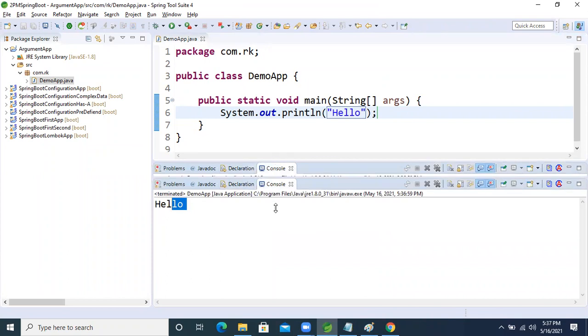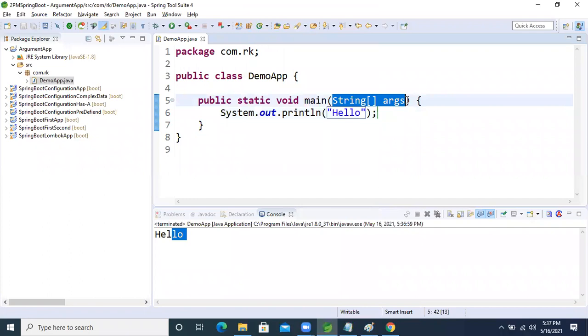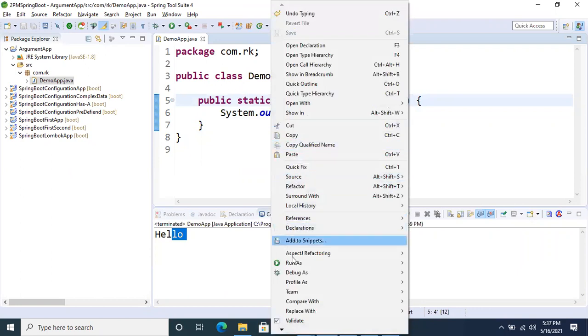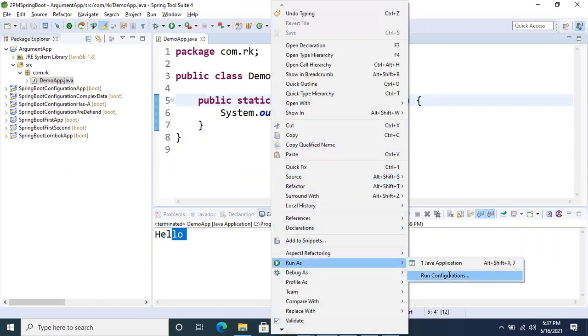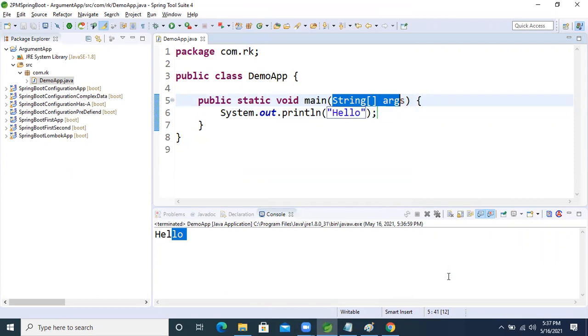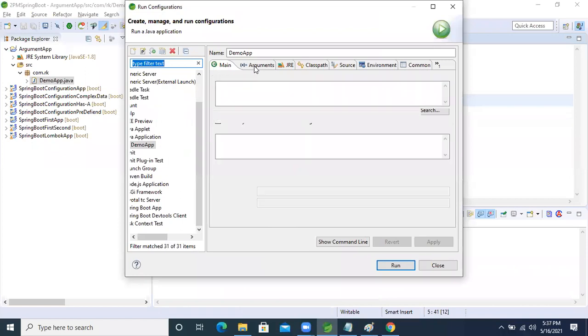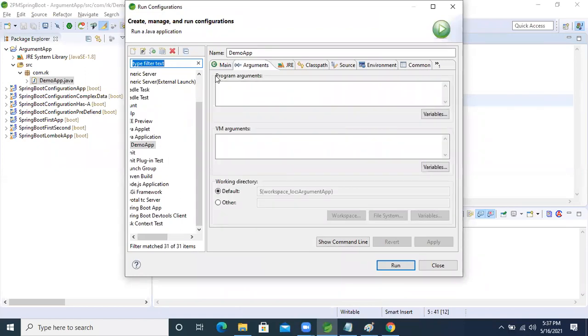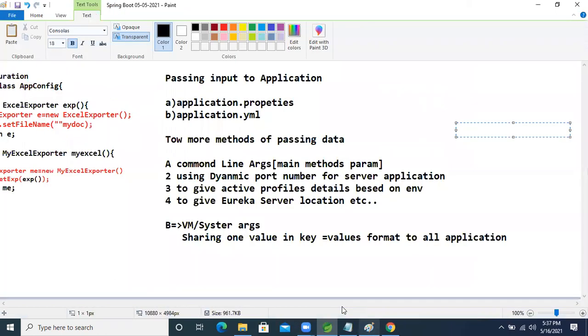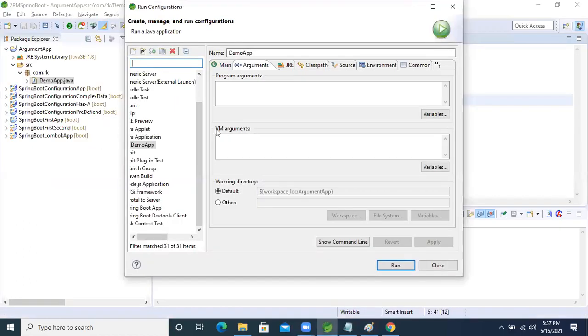But now I want to put dynamic data at the command line, which is the argument. So how can we do it? Right click, Run Configurations, and select the Arguments tab. This area is the VM argument, the virtual machine argument, and this is our program argument.